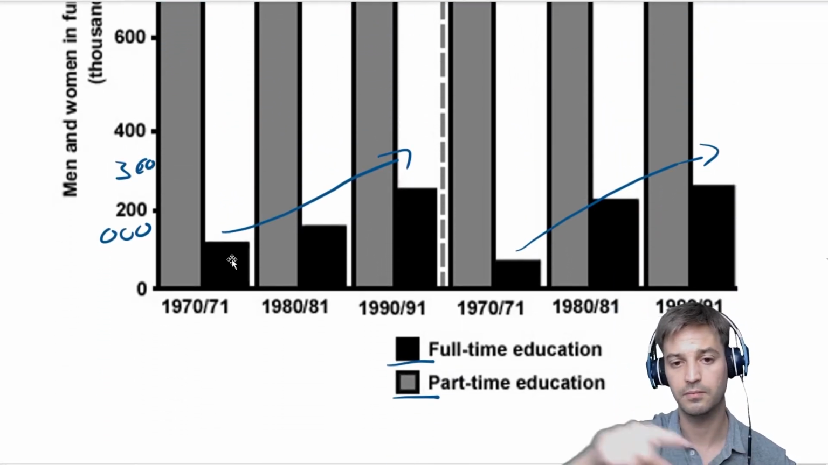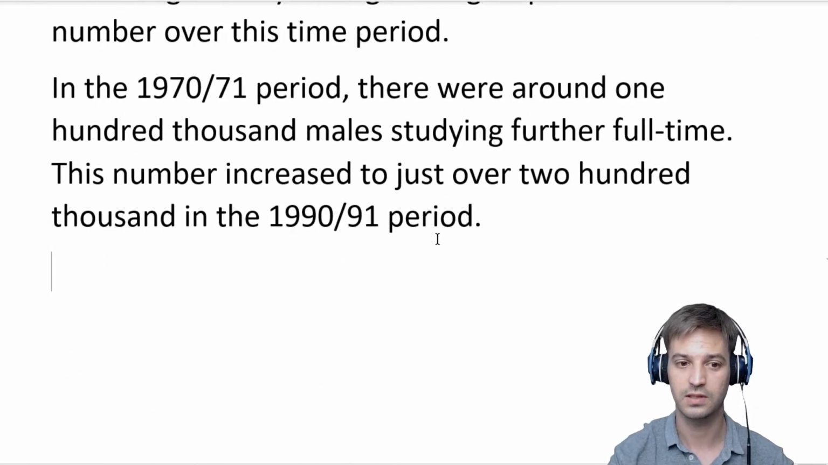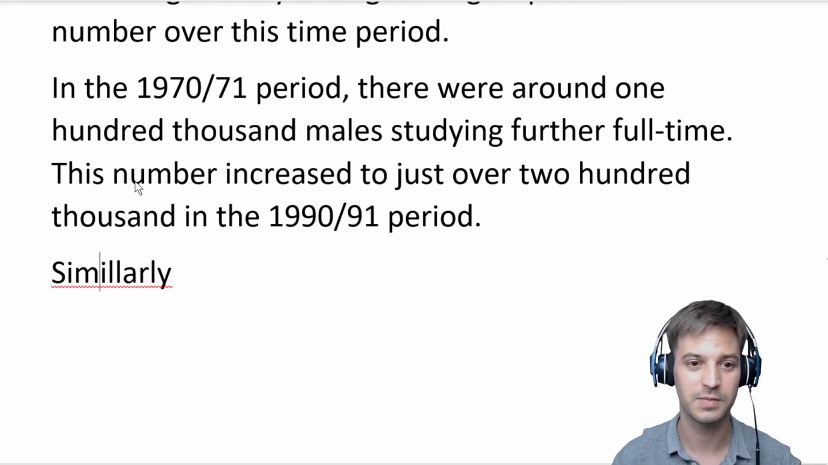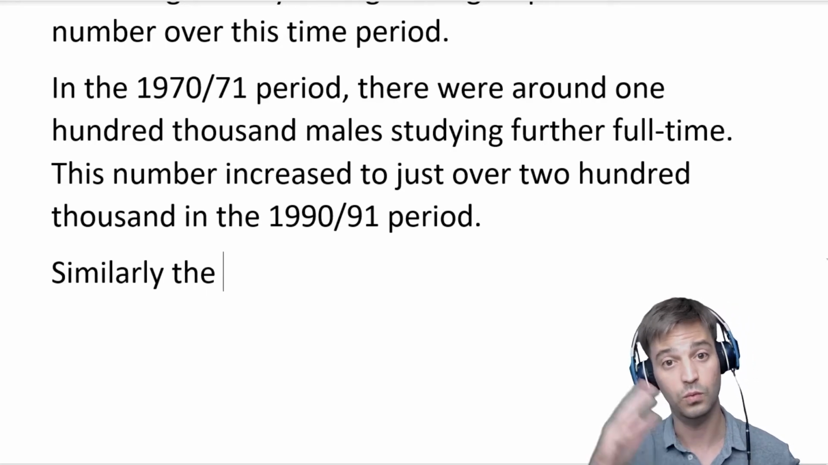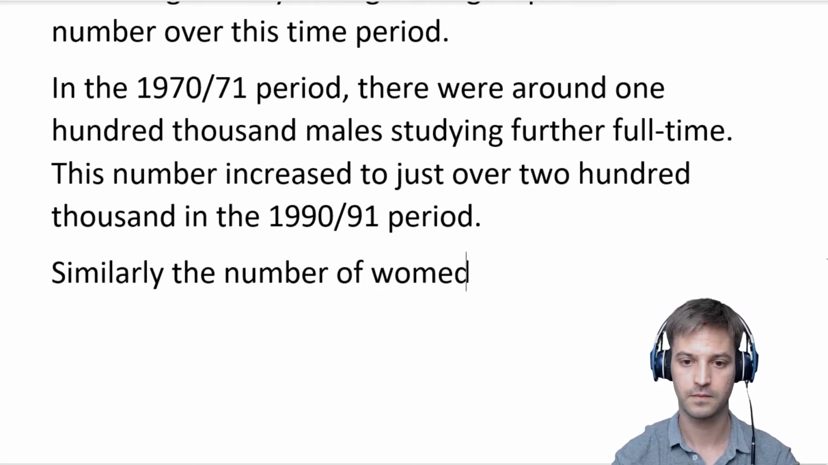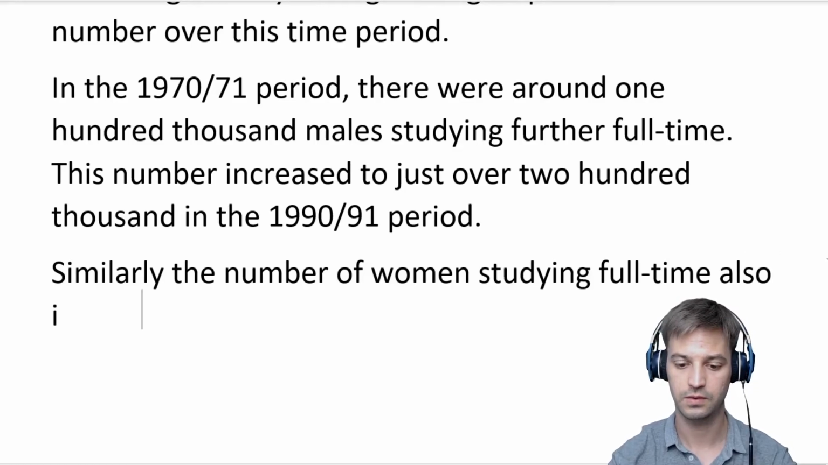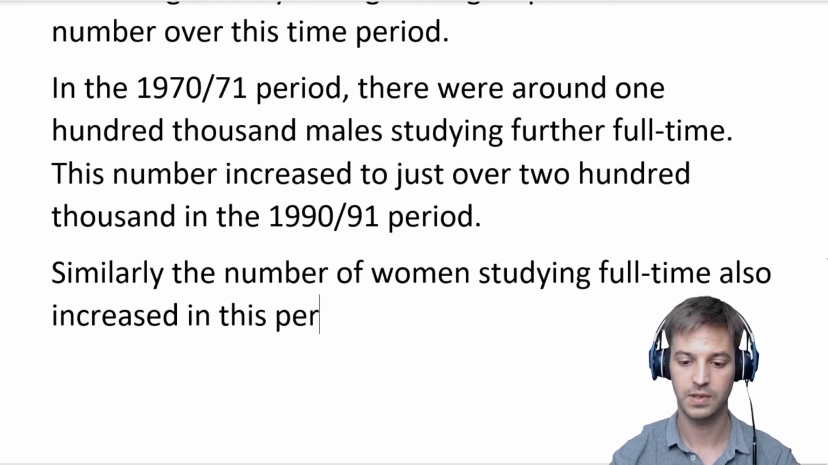Now, both the males increased in number and the females increased in number. So this is the same, it's similar. So we can use a nice word here. We can say similarly. Oh, I haven't spelled that right. Spell check. Okay, only one L. Similarly, the number of women studying full-time, need a dash there, also increased in this period